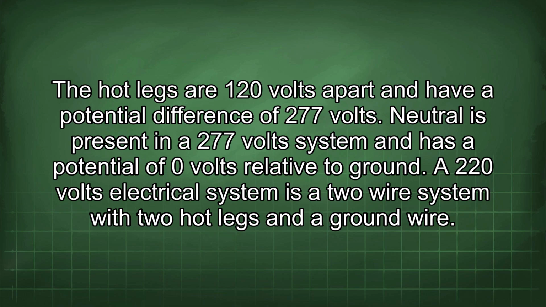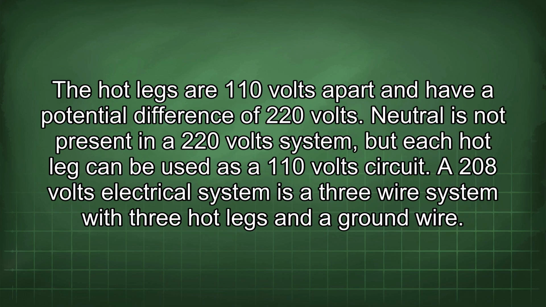A 220 volts electrical system is a 2-wire system with 2 hot legs and a ground wire. The hot legs are 110 volts apart and have a potential difference of 220 volts. Neutral is not present in a 220 volt system, but each hot leg can be used as a 110 volt